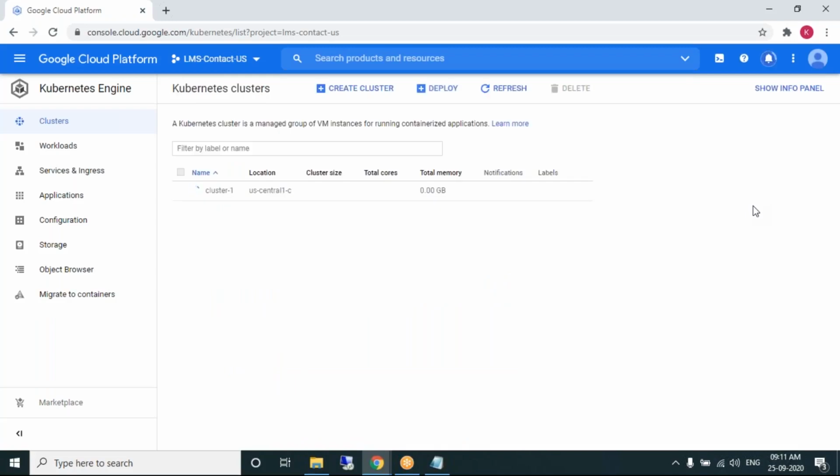This will take 2 minutes to create a cluster. And by default, the size of this cluster is how many nodes? We have seen this yesterday.